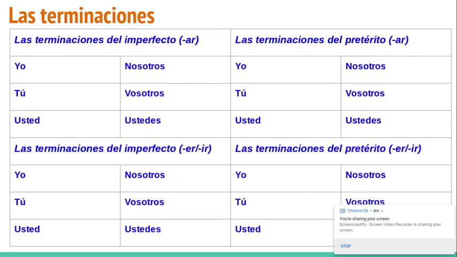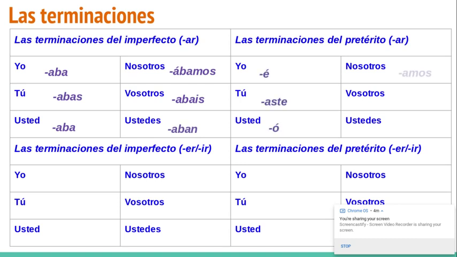So just to review really quick, we have our imperfect AR endings: aba, abas, aba, ábamos, abais, and aban. Our preterite endings: é, aste, ó, amos, asteis, and aron. It's up to you now to put these two tenses together. We reviewed each of them separately, so what I'm going to ask you to do now is use your knowledge of both and to compare and contrast the two. Our ER and IR in the imperfect: ía, ías, ía, íamos, íais, ían,